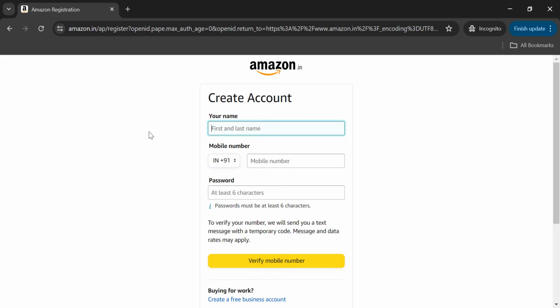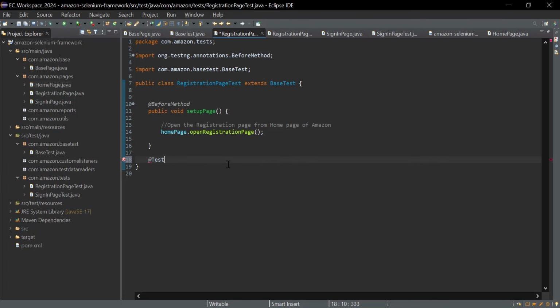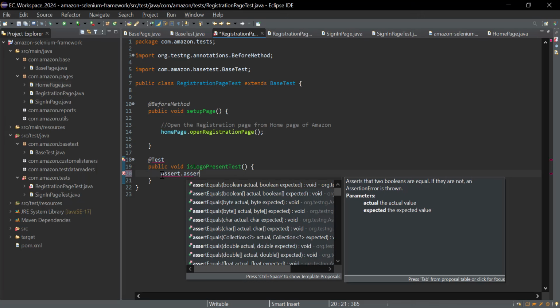So once we are here, we will start our test case by verifying this logo, the Amazon logo. So use the @Test annotation, public void, and our test name can be isLogoPresentTest. This is my test, and how we are going to assert it, I will use the assert from TestNG, Assert.assertTrue,